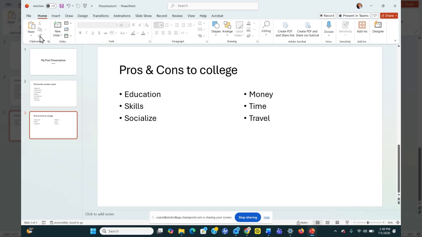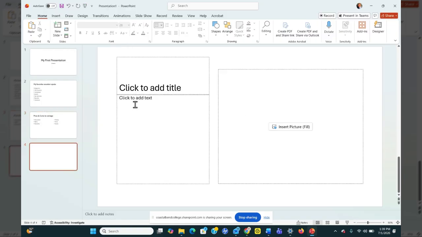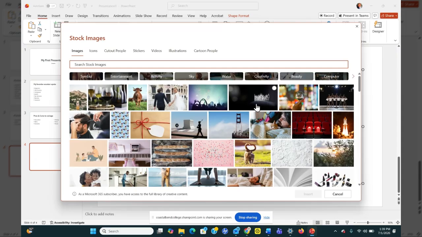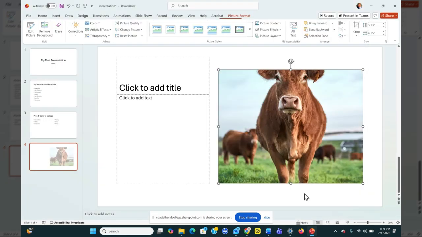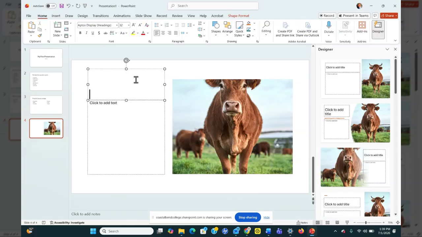I can also go back to New Slide and hit that little arrow right here and choose one called Picture with Caption, which let's just see what I would put. First of all, let me find out what the picture is. It says right here, insert picture from device. Let's just do stock images. And you can go pick, I'll go pick this cattle. Puts a picture of a cow there, and maybe, I don't know, these slides are not necessarily related, but I'll just put